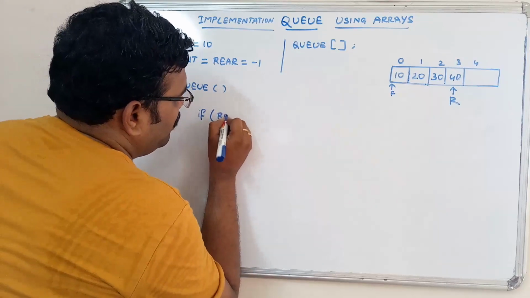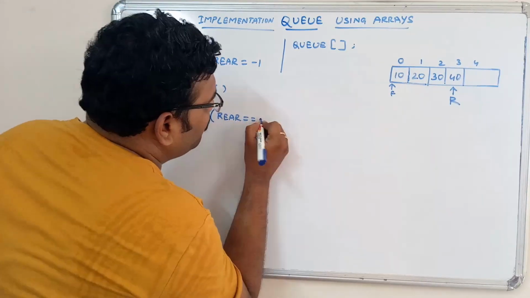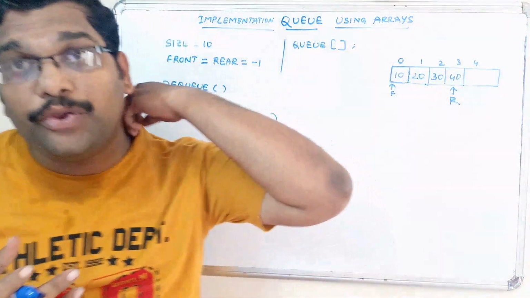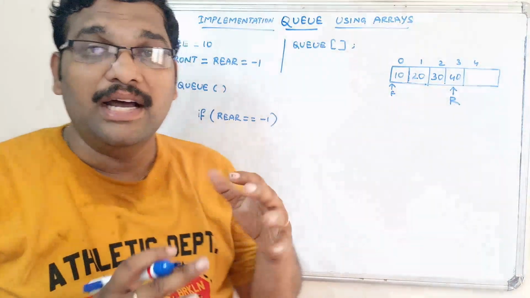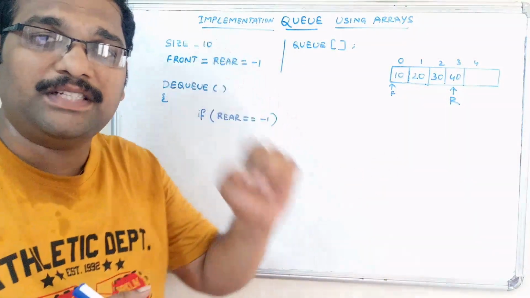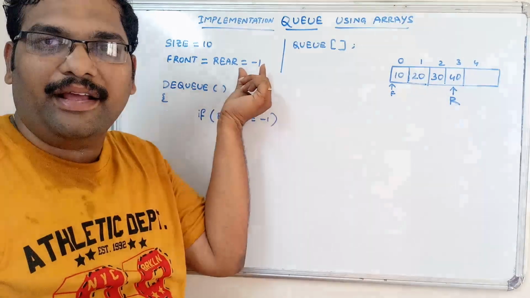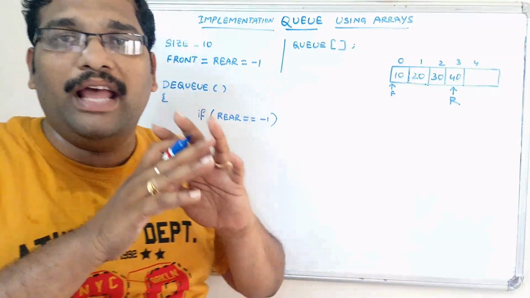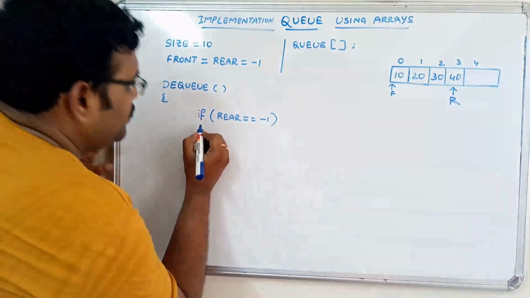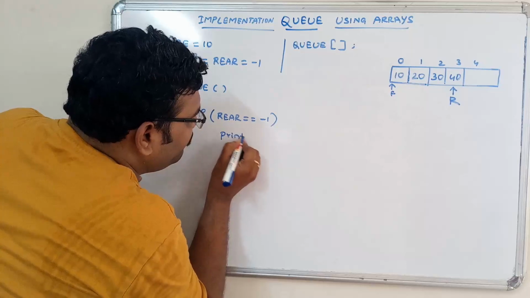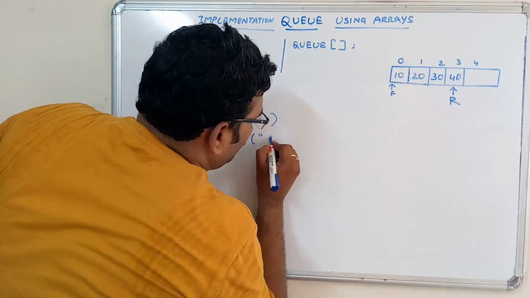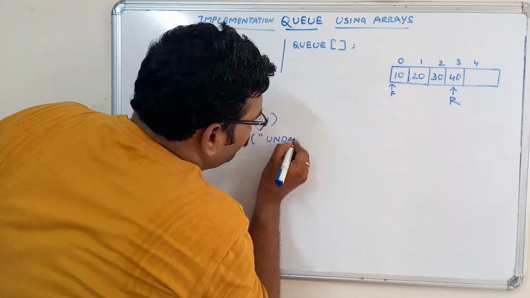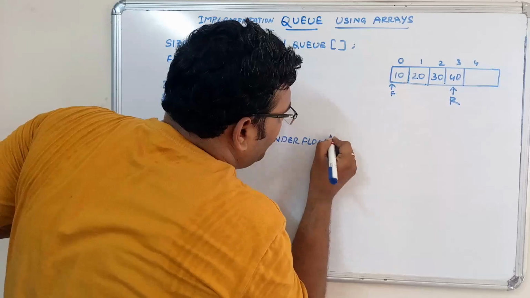If rear is equal to -1, simply that implies our queue is an empty queue, because if you want to insert an element first, compulsorily we have to increment this rear. So if rear is equal to -1, that implies our queue is empty. That means no more elements available in our queue. So simply we can write printf underflow, or simply we can write empty queue,